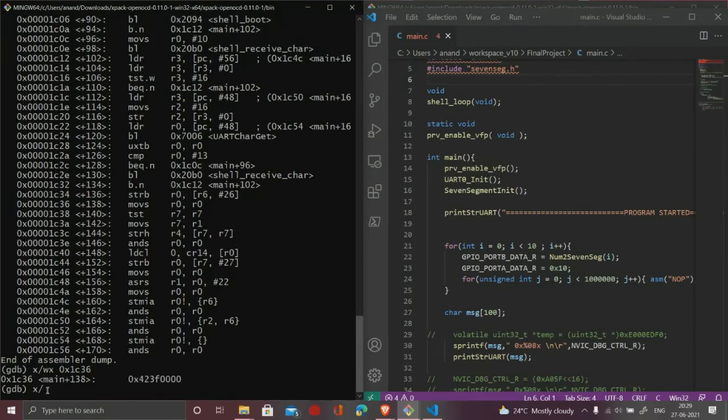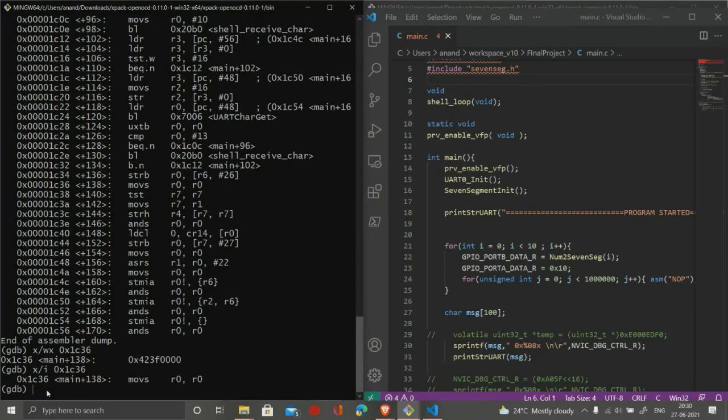To do that, just use x/i and the memory location. As you can see, if we use this command, we are able to see the ARM instruction present at this location, and we can cross-reference it here also, that the command is similar.